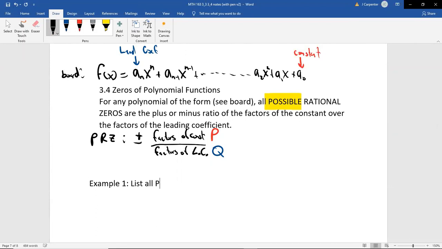List all possible rational zeros for the polynomials